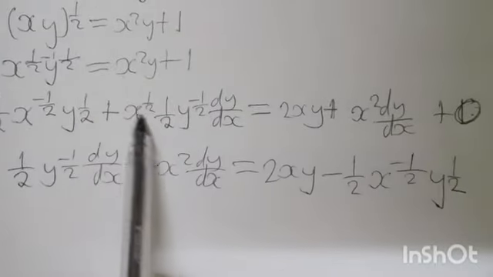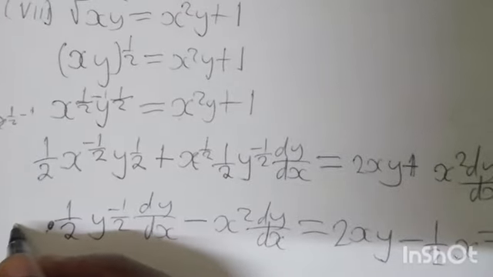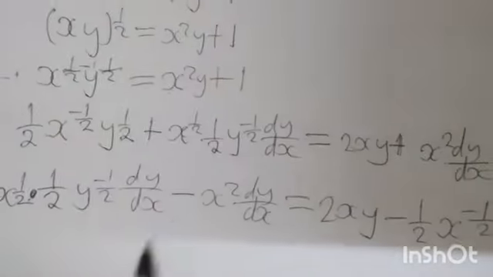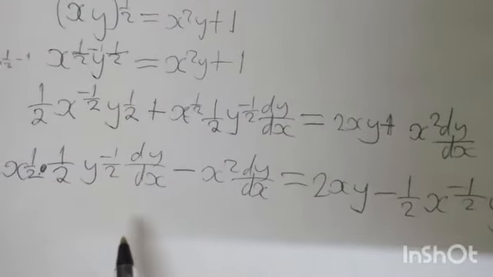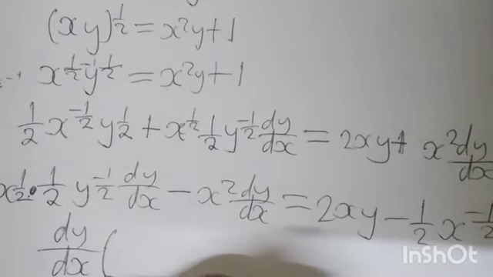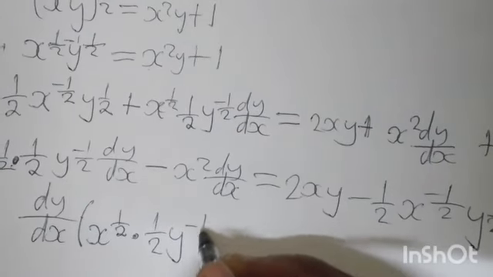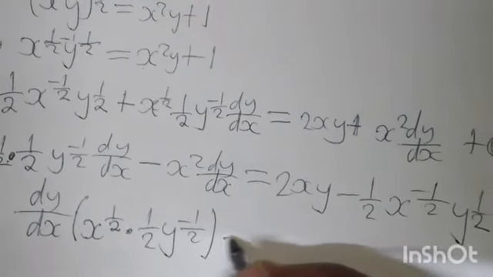Then I've left out this. So this part here is all together. In front here we have x to the power half. Now, for us to remain with only dy over dx, we'll do the factorization. So dy over dx is open bracket. Here we'll remain with x power half multiplied by 1 over 2 y power negative half, which is equal to